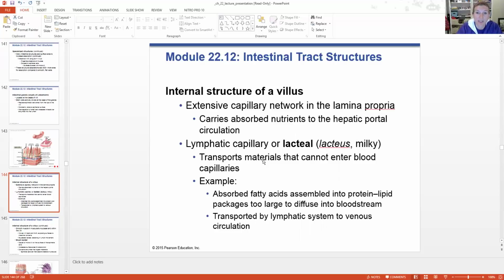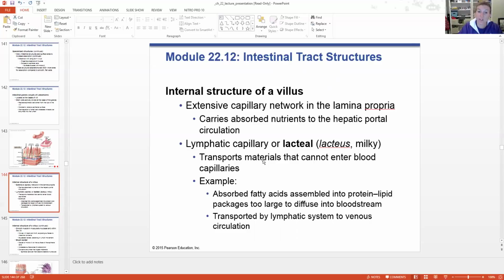So this is going to carry all of the nutrients that are absorbed through the intestinal lumen, routed directly to the hepatic portal vein. So our superior and inferior mesenteric veins are going to fuse right into the hepatic portal vein and go right into the liver. We're going to get into all of the ins and outs of what happens at the liver eventually in this chapter, but that's the gist of it. All of the nutrients that are absorbed go right over to the liver for filtering, processing, kind of like data